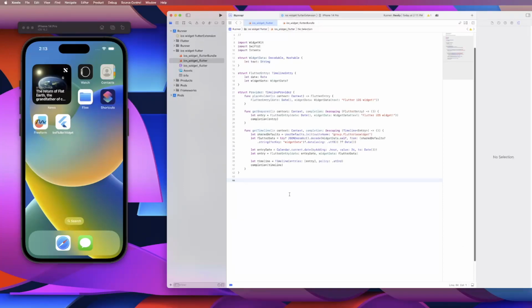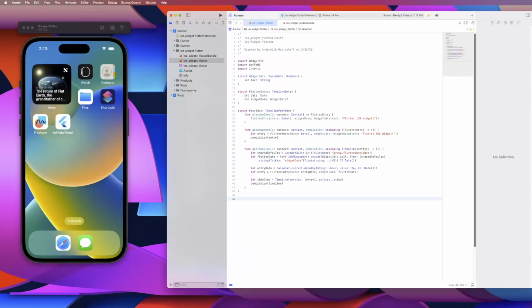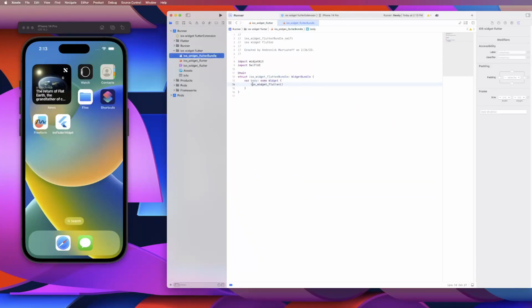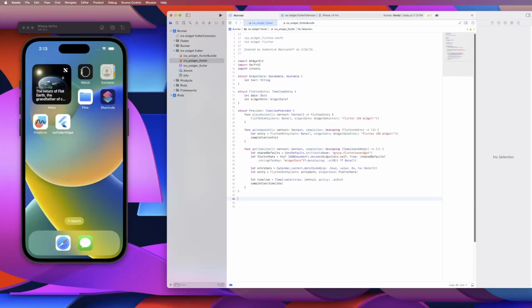So let's create a widget, and let's just call it the same thing that we called the name of the file. So you can see if you go into the bundle, it will be expecting it to be named that. Let's just go ahead and keep that naming consistent. So we'll just have a struct and iOS widget Flutter, or whatever you name the file. And this will be our widget. And this widget will have a kind associated to it. So we'll say let kind. That's going to be a string, kind, not king. And we'll set that equal to iOS widget